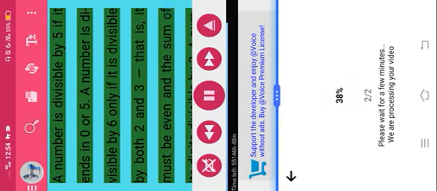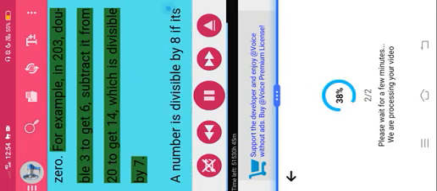A number is divisible by 5 if it ends in 0 or 5. A number is divisible by 6 only if it is divisible by both 2 and 3. That is, it must be even and the sum of its digits divisible by 3. A number is divisible by 7 if doubling the last digit and subtracting it from the remaining number gives a result divisible by 7 or 0. For example, in 203, double 3 to get 6, subtract